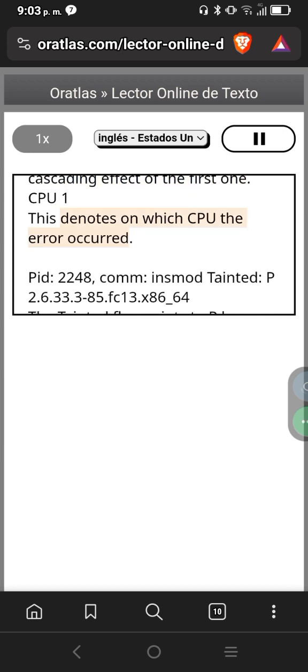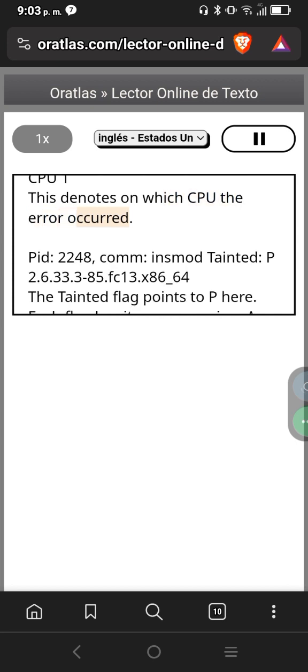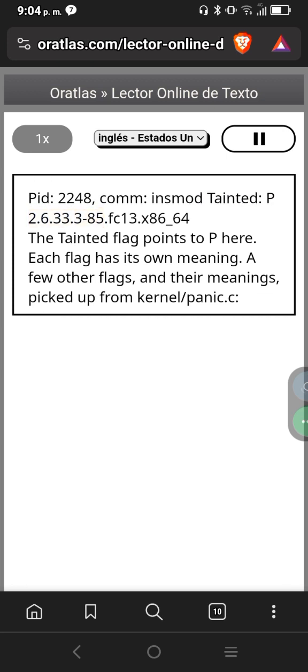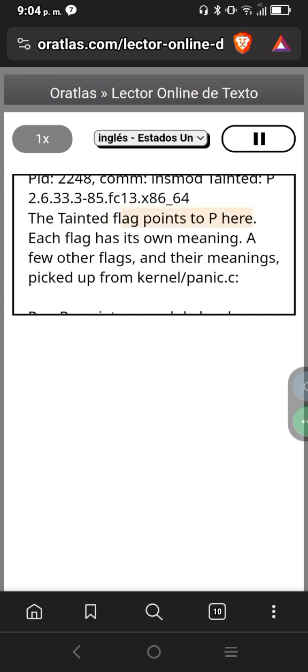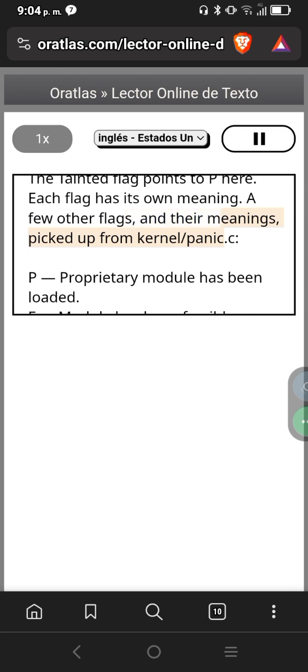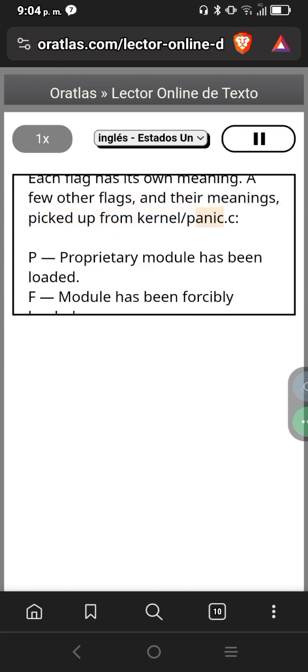CPU 1: this denotes on which CPU the error occurred. Pid: 2248, comm: insmod Tainted: P 2.6.33.3-85.fc13.x86_64. The tainted flag points to P here. Each flag has its own meaning. A few other flags and their meanings, picked up from kernel panic: